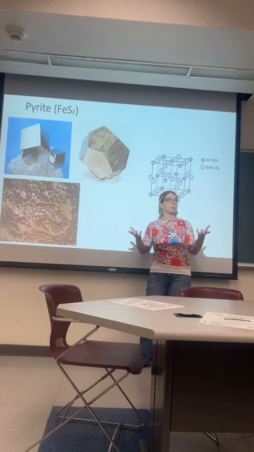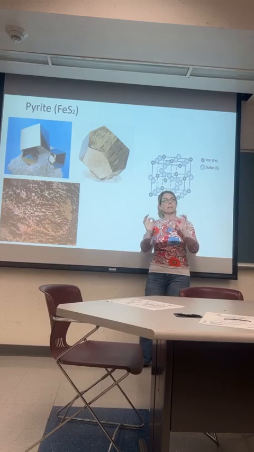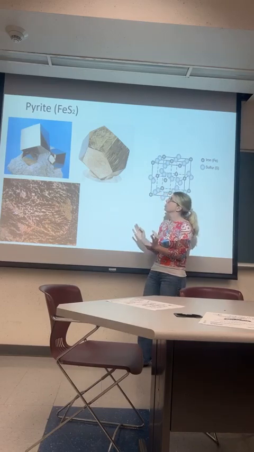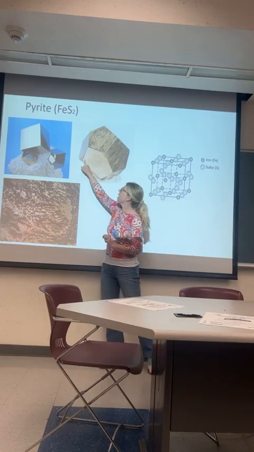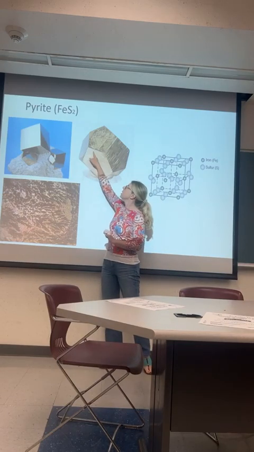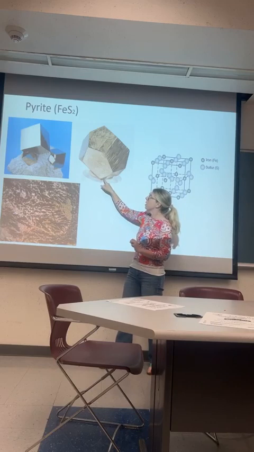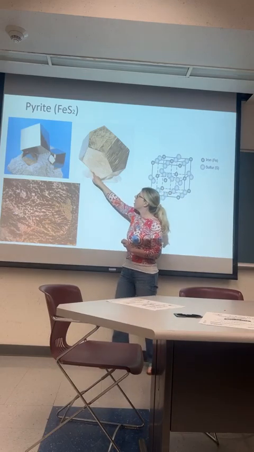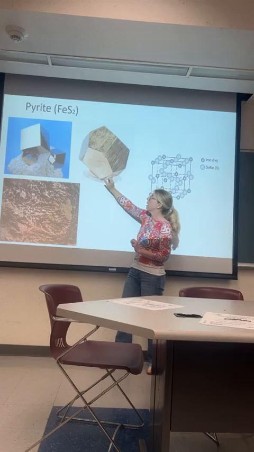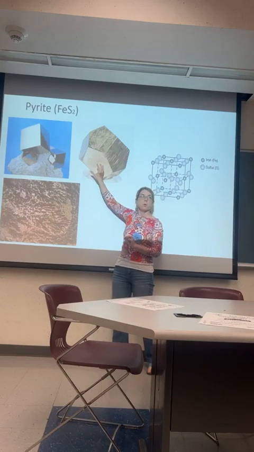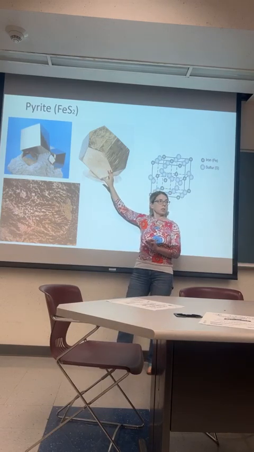So a dodecahedron is a 12-sided form, but it's called a pyritohedron because these are pentagonal sides, but they're not an equilateral pentagon. Instead, one of the sides is distinctly longer than the other, and pyrite forms these distinctive